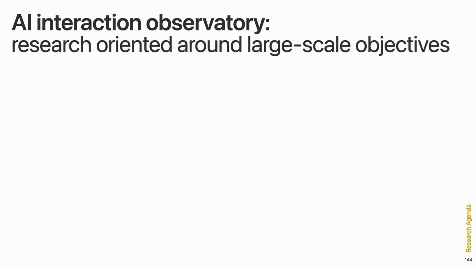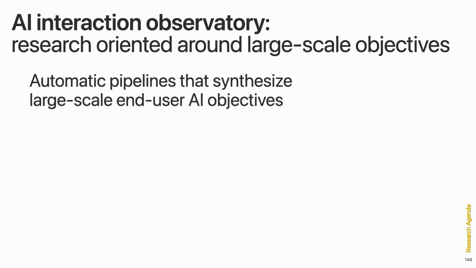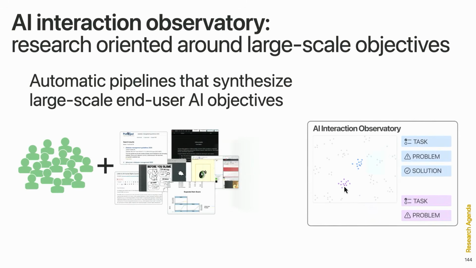How do we expand this? Here, I envision an AI interaction observatory where infrastructure like automatic pipelines might allow us to learn from large-scale end-user objectives, where we can group by combinations and trajectories of objectives that allow us to understand commonalities not just in what users are doing, but why. And this could power new dashboards that allow us to discover tasks and problems, as well as solutions for AI